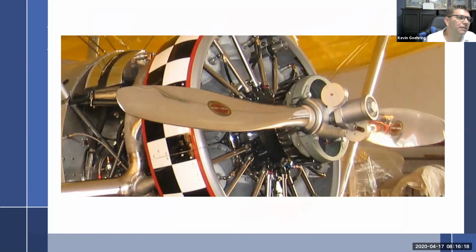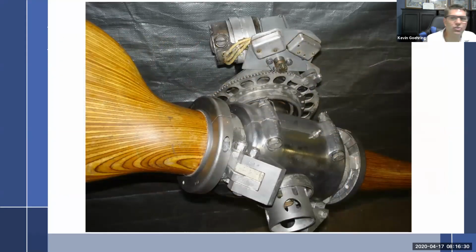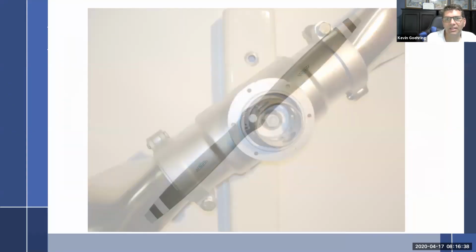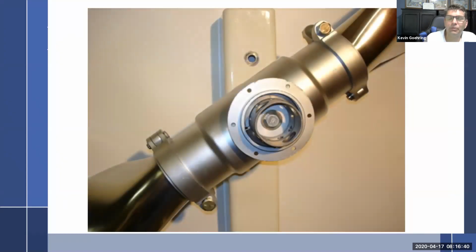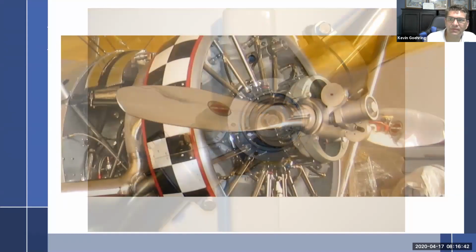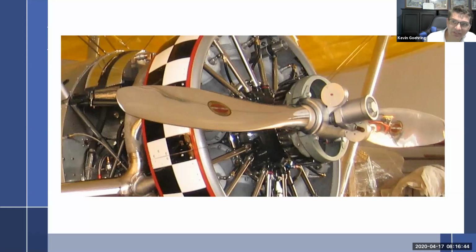We have 2-speed props. That was the original constant speed. It only has 2 positions. It has a high pitch and a low pitch, and that is all it has. We also have what is called controllable pitch propellers. Not constant speed, but controllable, so that I'm using the actual correct terminology. So fixed pitch, ground adjustable, 2-speed,